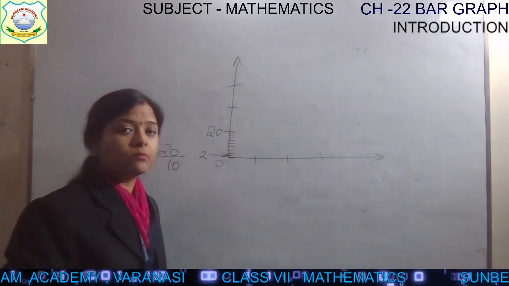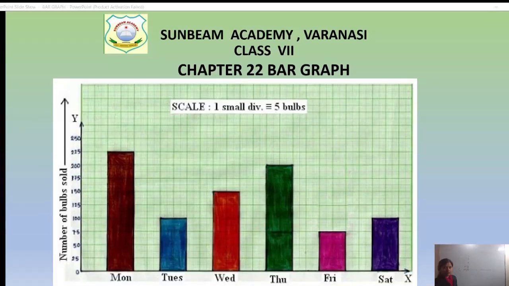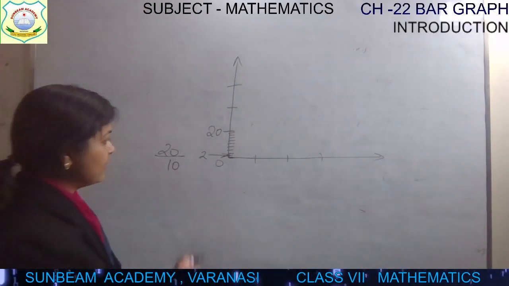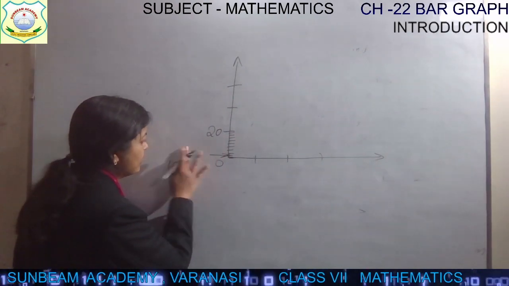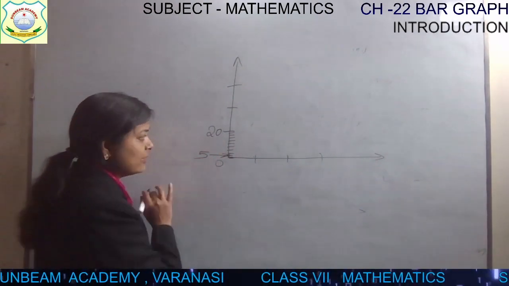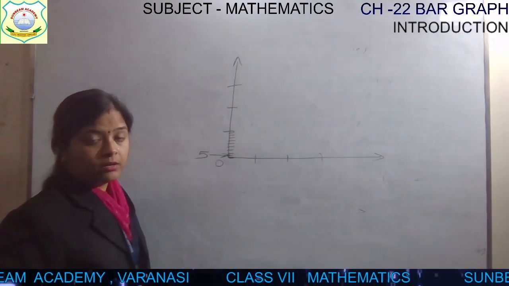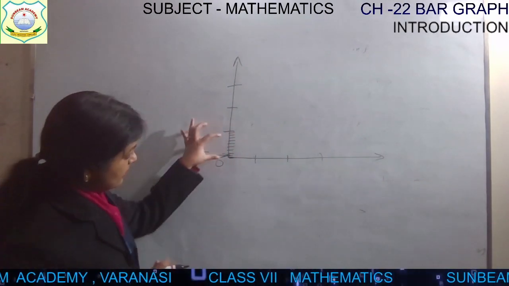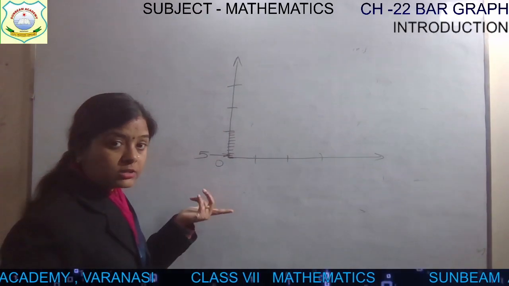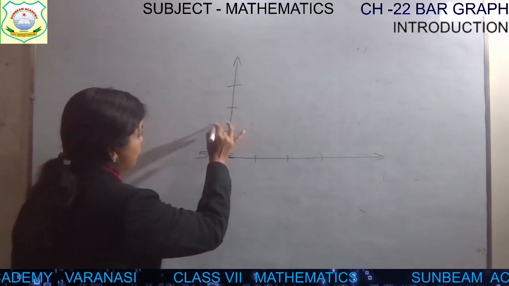इसे कहते हैं one small division. See this. So they have taken 5 bulbs. So one small division, अगर 5 bulbs होगा बेटा, if it is 5 bulbs, so what I will write here? 1 unit कितना हो जाएगा? 5. अगर एक को है तो there are 10 parts ना, so total कितना हो जाएगा? 5 into 10, that is 50.